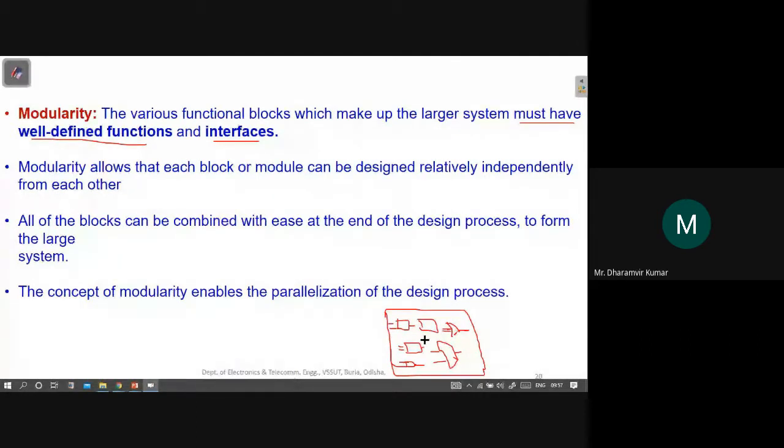And why is it so? Because at the bottom, it has to be done like this, although many times it may not be possible, but most of the time we can do it. The concept of modularity enables the parallelization of the design process. So what do we mean by parallelization of the design process? It means that